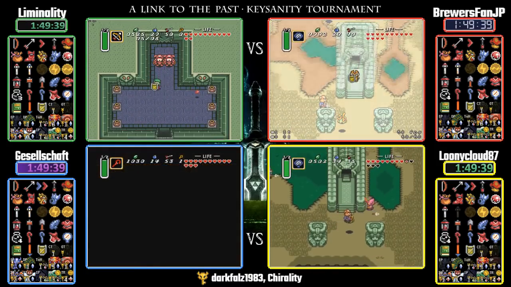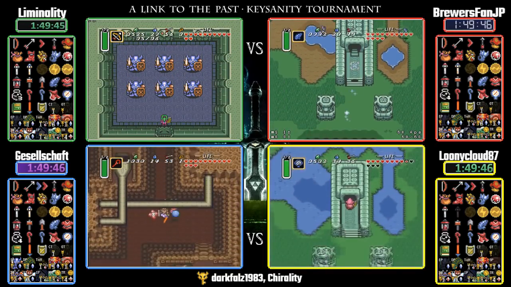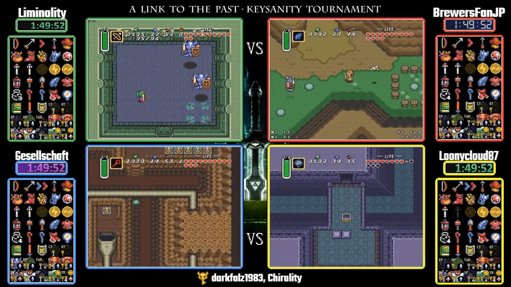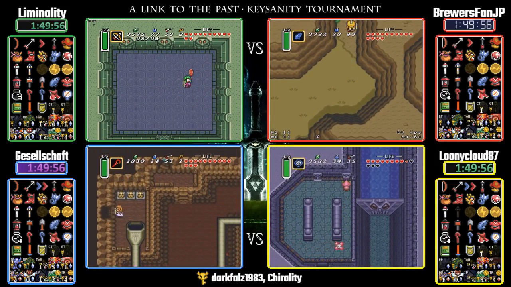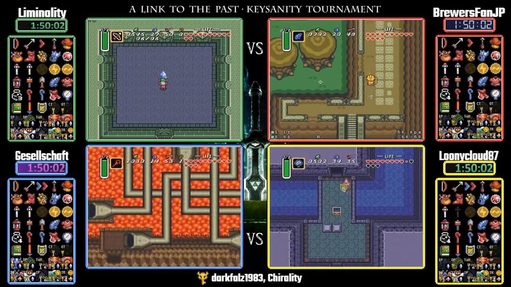Yeah, we've seen some mistakes from other players, like Giselle dying to the chain chomps. Mistakes certainly happen, no matter how good you are at the game. So you just need to keep playing the best you can, not really worry too much about your time, and keep going forward. You kind of just have to play your own race, worry about yourself, worry about what